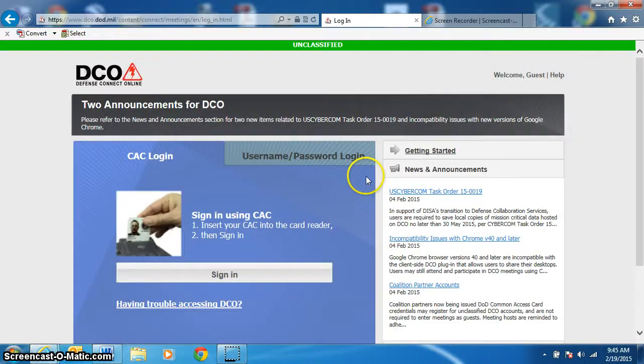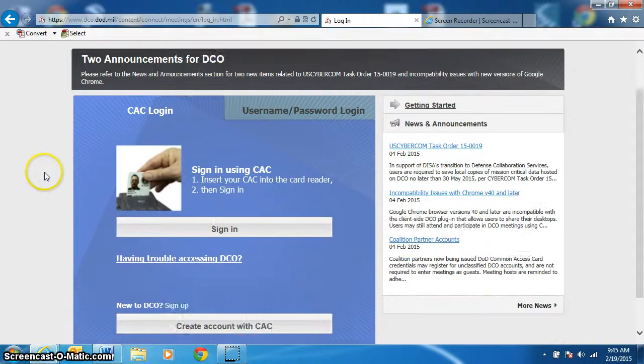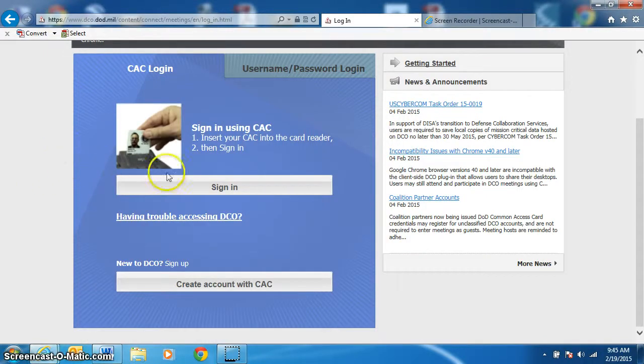Notice that I'm using Internet Explorer. I found that the screen shareability and the performance of the DCO tends to be a little more streamlined using Internet Explorer. From the login screen, I have the ability to sign in, or if I have not yet